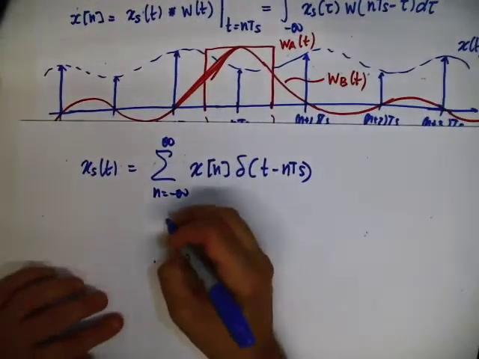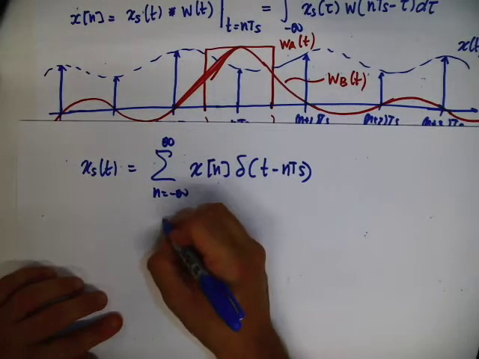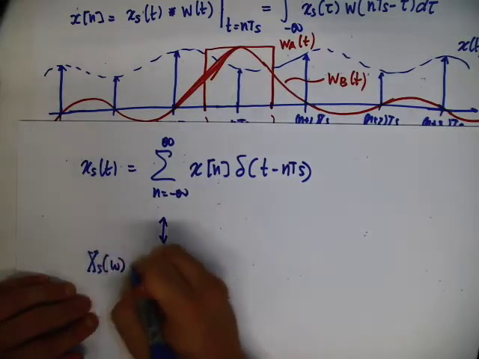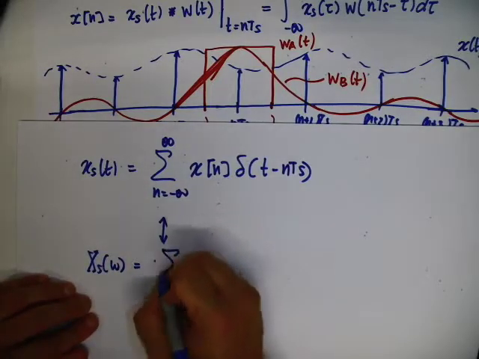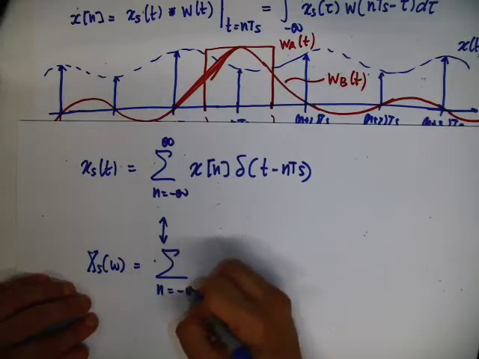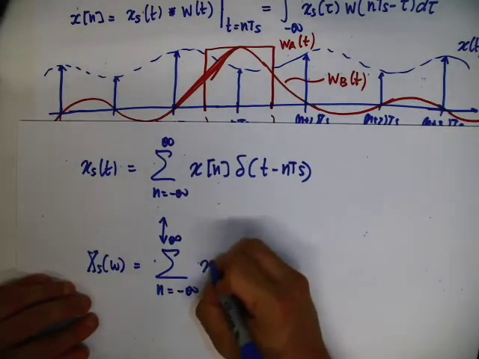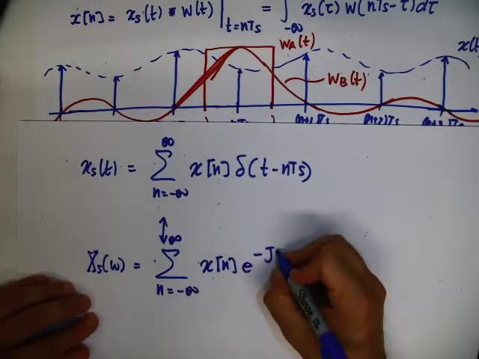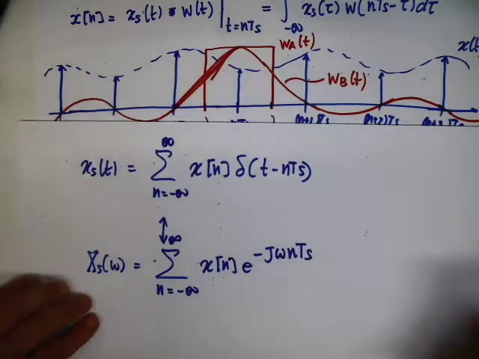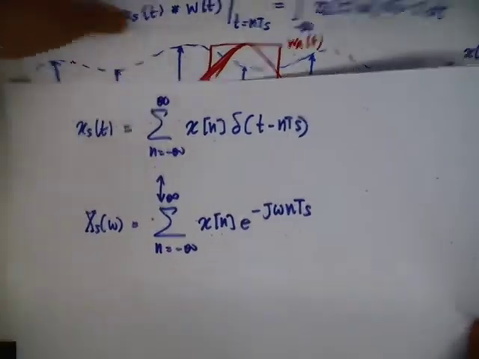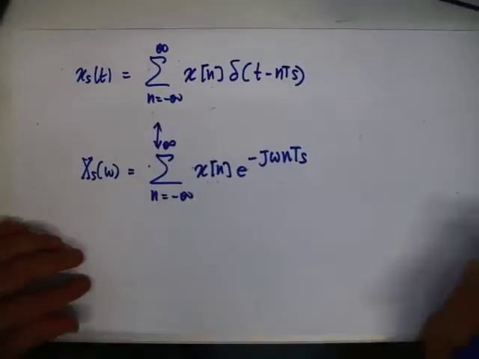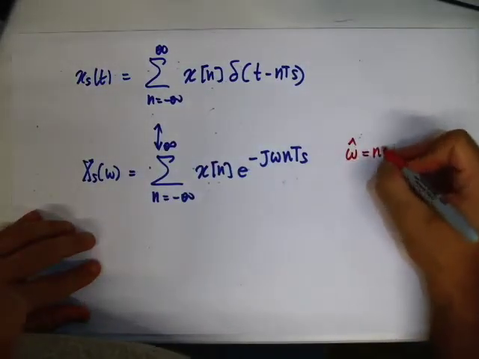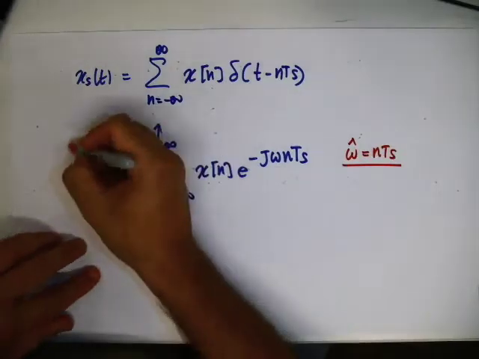The corresponding Fourier transform is given by the sum from n equal minus infinity to infinity of x_n e^(-j omega n T_s). And we have seen that if we define the cyclic frequency n T_s, this is